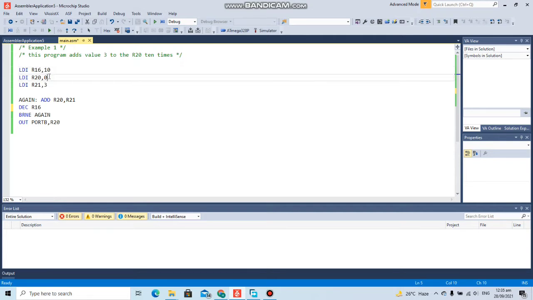Then in the second line we are giving register 20 the value 0, which will be the starting value. And to add 3 every time, we are giving register 21 the value 3. Now we have created a label here, and we will perform addition, in which we are adding 3 to R20, register 20, and we will decrement register 16, which has our counter value,